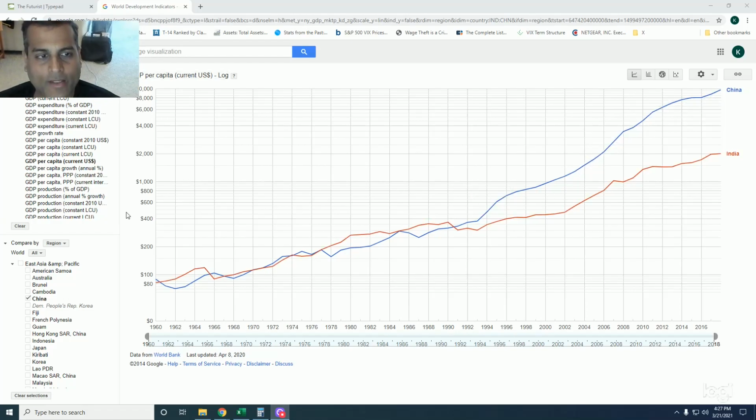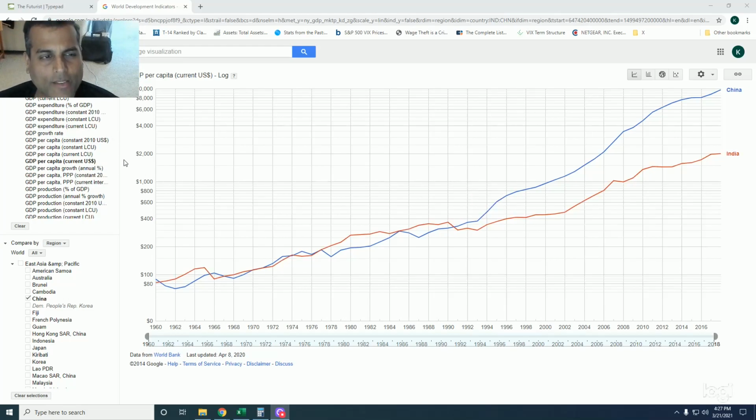And keep in mind that this is a logarithmic scale here. China is just completely further ahead of India despite having only diverged a relatively short while ago. 5,000 years of history in both countries, and China only pulled ahead in 1993.